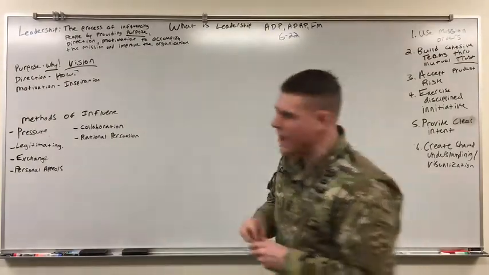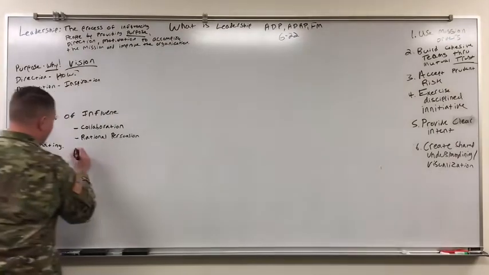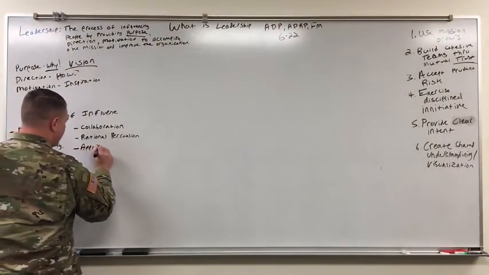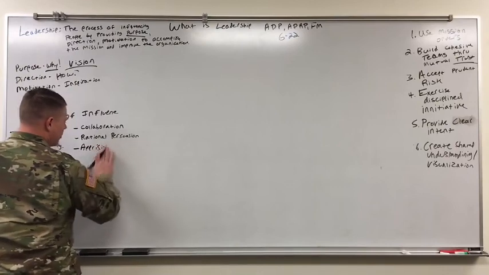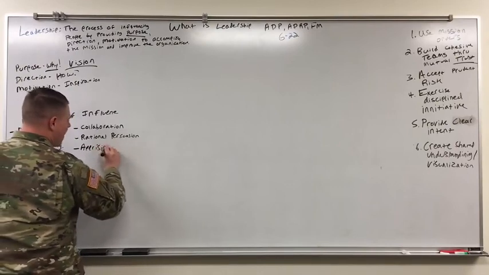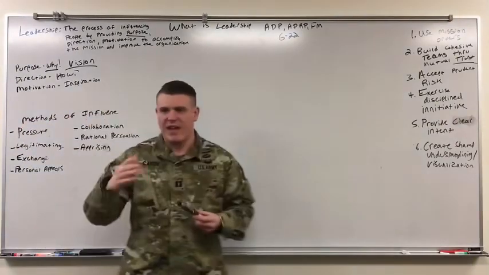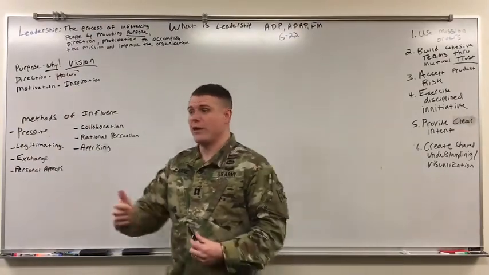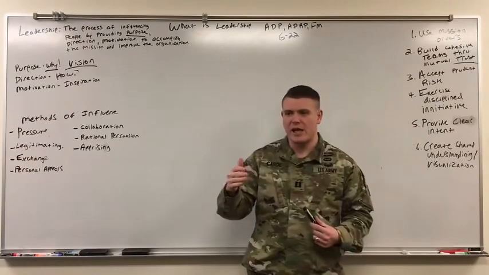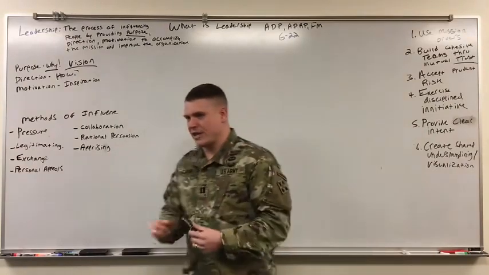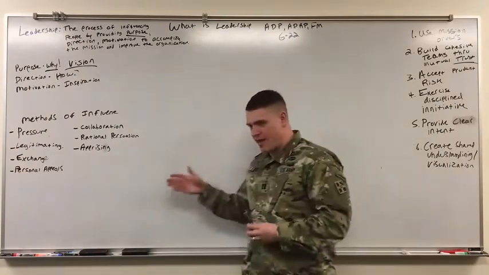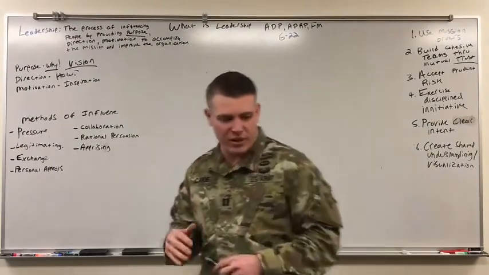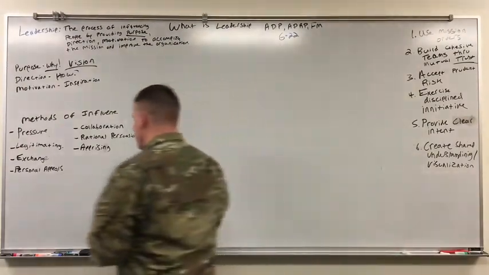All right, so after rational persuasion is something called apprising. This is kind of like rational persuasion. But what apprising is saying, look, if you do this, it's going to be better for you in the long run. Right? It's not exchange. It's not saying, if you do this and I give you this. It's saying, look, if you do this, and maybe in the way that I'm telling you to do it, it's going to help you in the long run. It's for your benefit, right? It's going to benefit you. All right, apprising. Next is inspirational appeals.